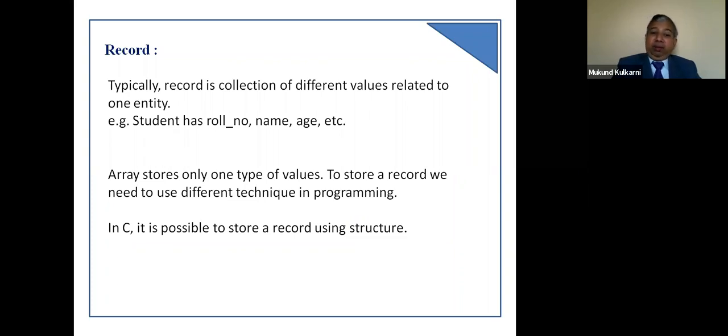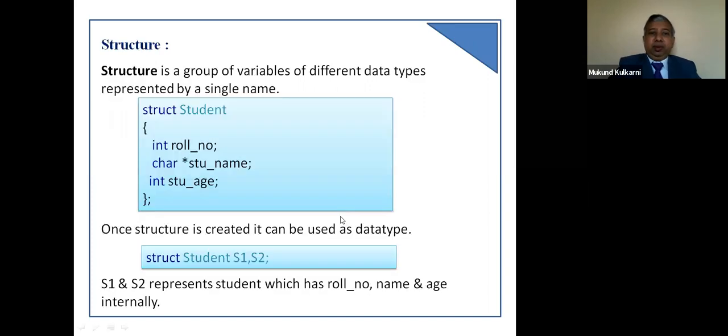In C programming, it is possible to store a record by using structure concept. Let us try to understand structure. Structure is a group of variables of different data types represented by a single name. The code given to understand definition of structure: struct is a keyword followed by structure name. Struct student.